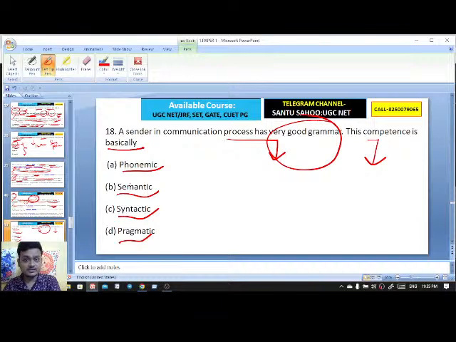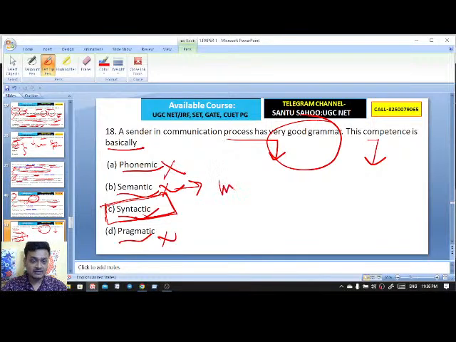This competency is known as what? Phonemic, semantic, syntactic, pragmatic. It's not related to phonemic, the sound, something related to phone. It's not semantic. Semantic is the meaning, related to meaning making. Pragmatic is practical things, whereas syntactic is the structure. Here syntactic is the right answer, the structure, grammar.